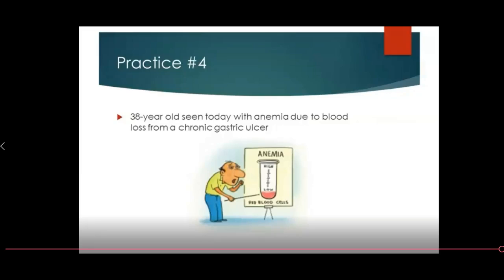K25.4. So now we're going to verify that code in the tabular, which is on page 692, and it reads chronic or unspecified gastric ulcer with hemorrhage. So that's what we want. Okay, so those are the only practice cases I had today. Do you guys have any questions before we